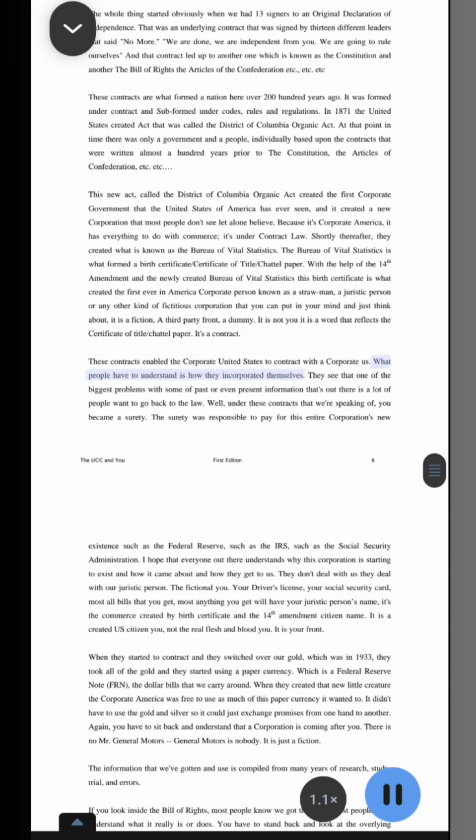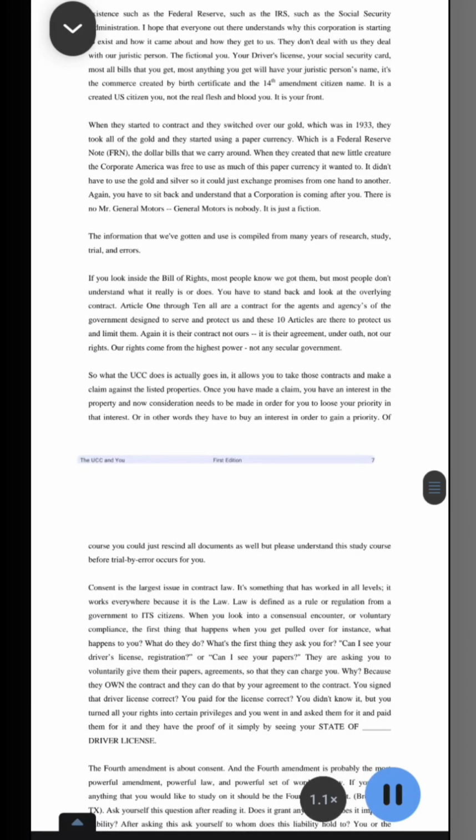What people have to understand is how they incorporated themselves. One of the biggest problems with some of the past or even present information that's out there is that a lot of people want to go back to the law. Well, under these contracts that we're speaking of, you became a surety. The surety was responsible to pay for this entire corporation's new